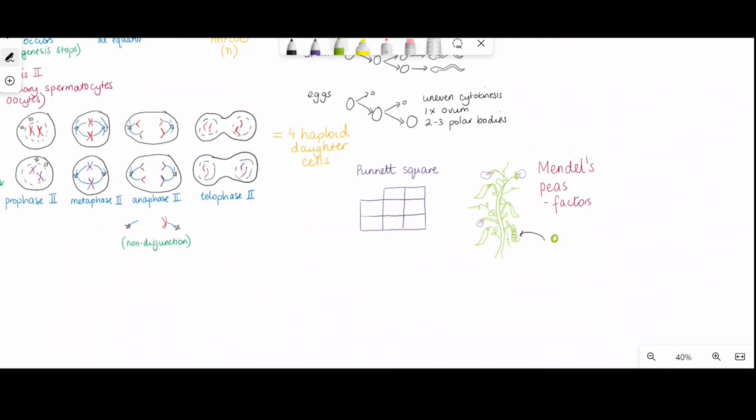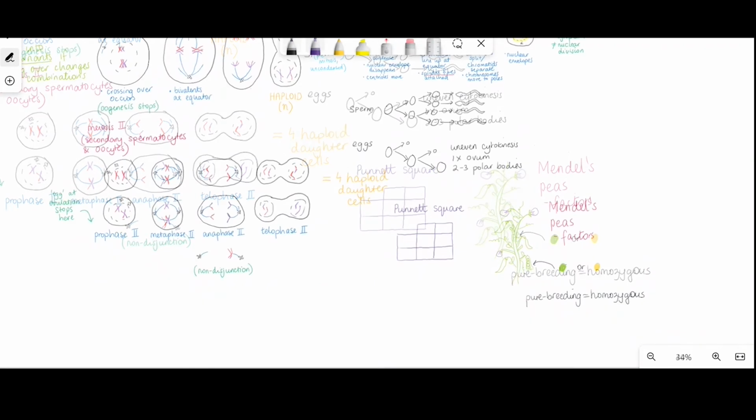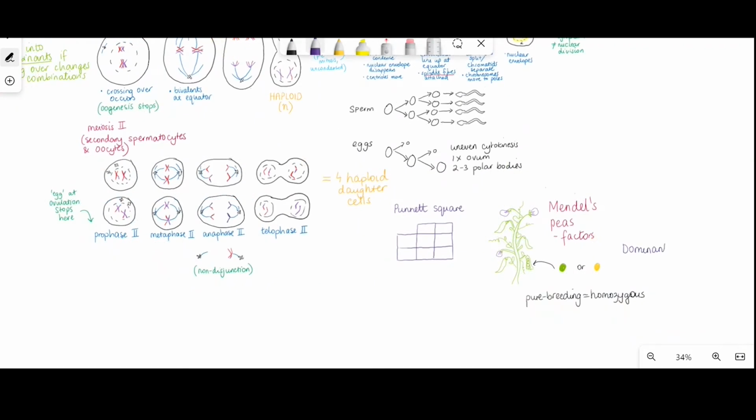The seeds can be yellow or green. And Mendel established that one trait was dominant to the other. And in this case, the yellow colour is dominant to green. Two pure breeding parents, and pure breeding in a genetic sense means homozygous, so having 2 copies of the allele for that trait: if there was a pea plant with yellow seeds and a pea plant with green seeds, and they were both pure breeding, if they were crossed together, all of the offspring, so all of the new pea plants